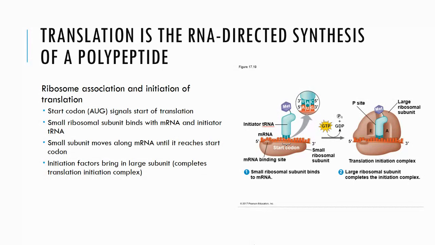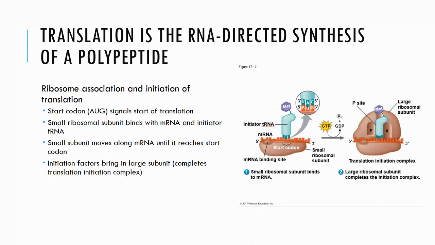The start codon, which is AUG, which gives us the amino acid methionine, signals the start of translation. The small ribosomal subunit binds with mRNA and the initiator tRNA. The small subunit moves along the mRNA until it reaches the start codon. So the start codon is not going to be the very first thing that is there. It's going to be a little bit downstream. Initiation factors bring in the large subunit, which completes the translation initiation complex, which you can see to the right